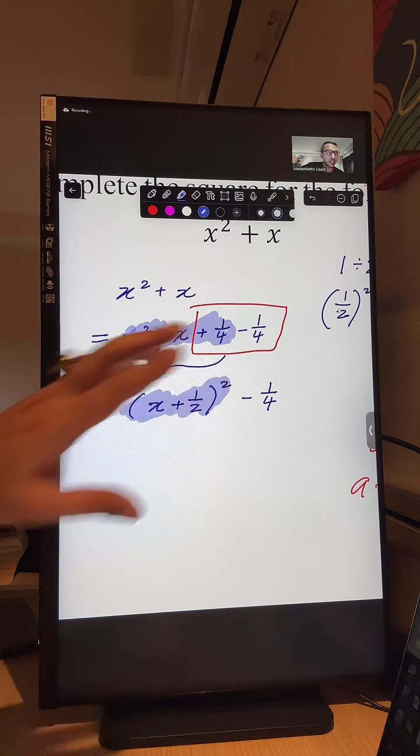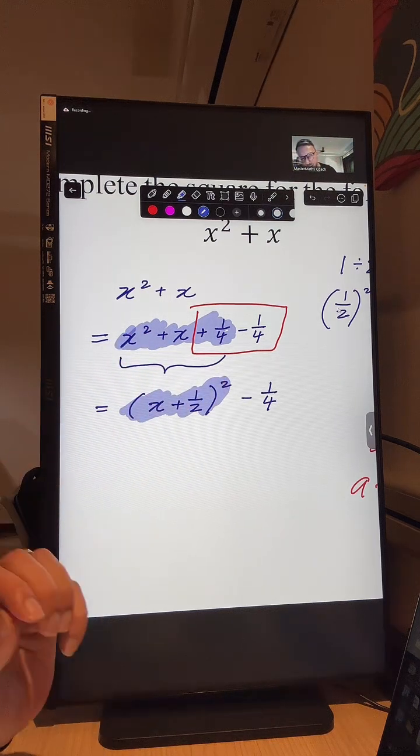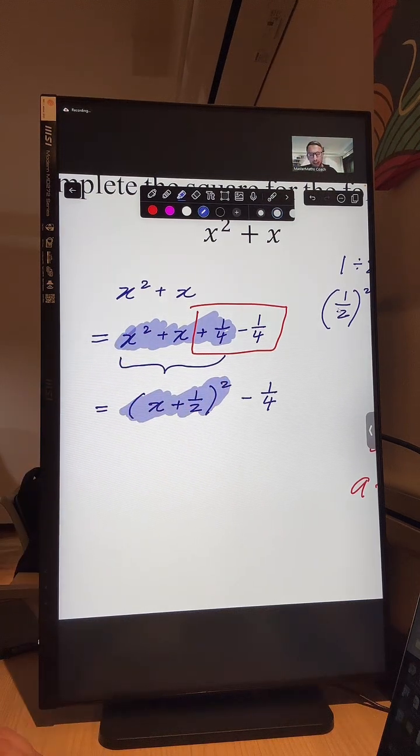Plus, with the square lah. Don't forget the square. The square very important. Must have the square there. The small number 2 at the top there. Okay? So this is how you complete the square. Okay? Now,